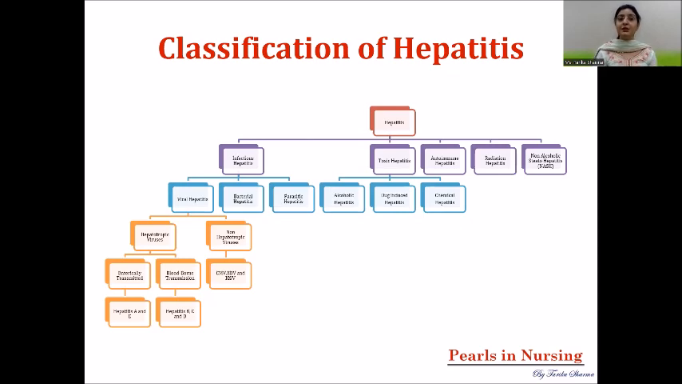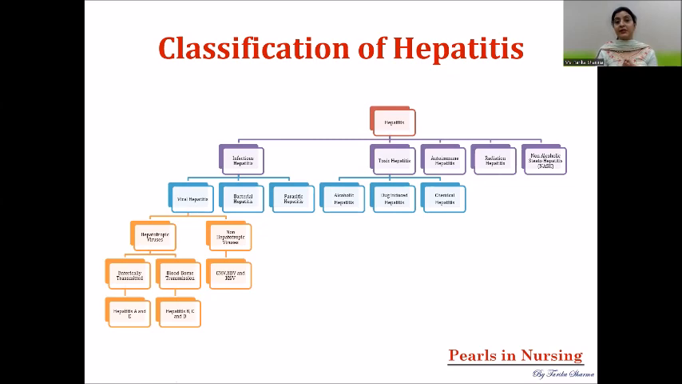It can also lead to parasitic hepatitis. So that was the classification of infectious hepatitis. Then you may have toxic hepatitis. As the name says, any toxic material can also cause inflammation of the liver, out of which we